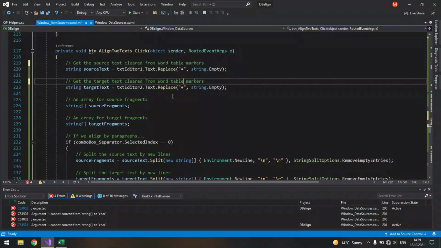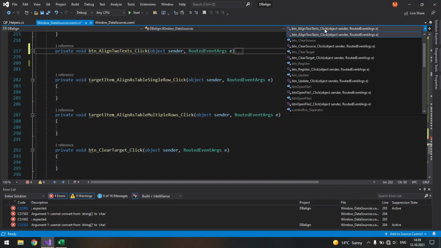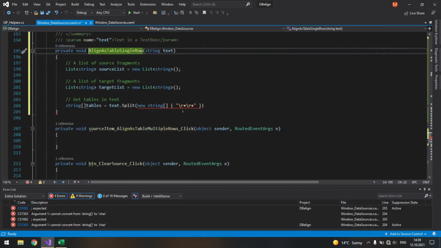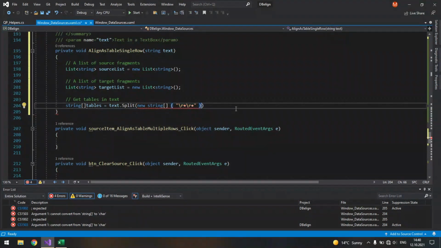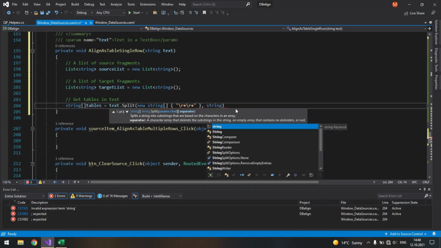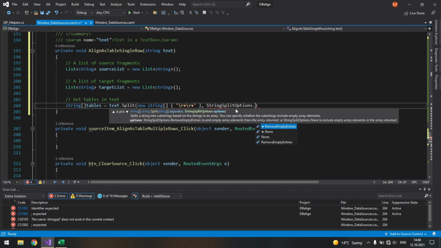Here we simply remove them because we don't really need them. But when we align some data as table, we do need them for separation purposes, because actually you can consider this as a marker of the table. So again, I usually remove empty entries.